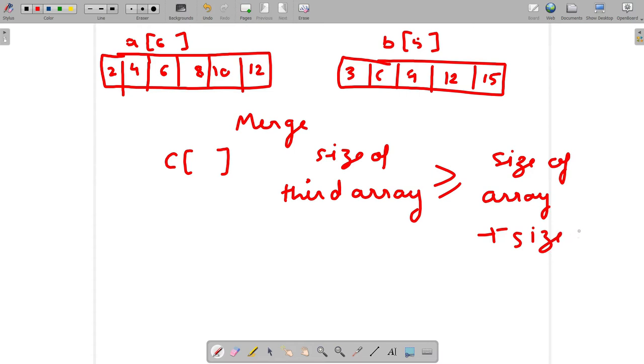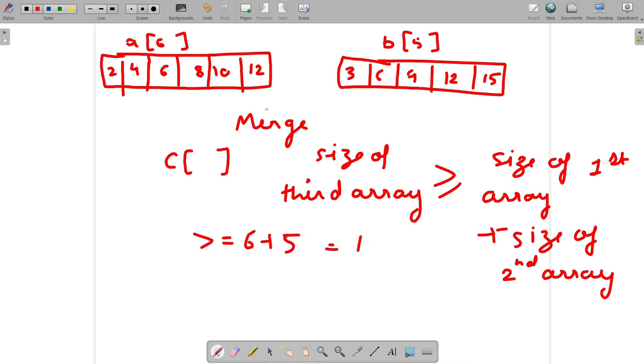So the size of C should be the size of the first array plus the size of the second array. Here the size of C should be greater than or equal to 6 plus 5, that is 11. So let's say we have another array C of size 11.